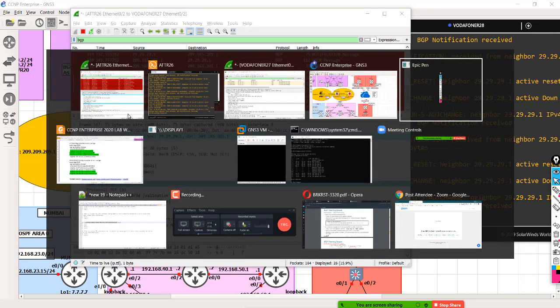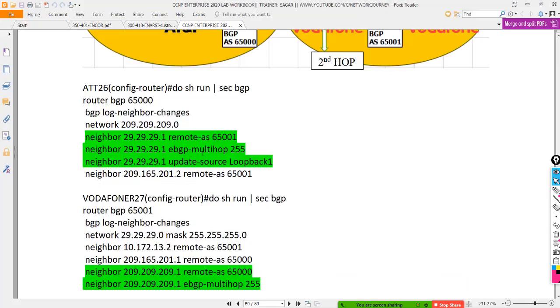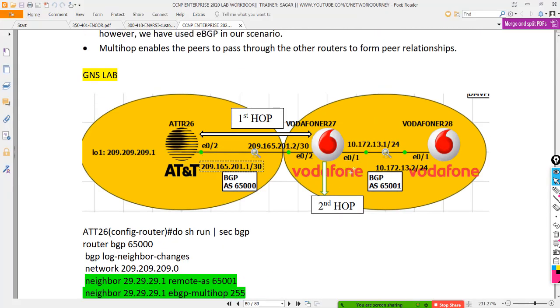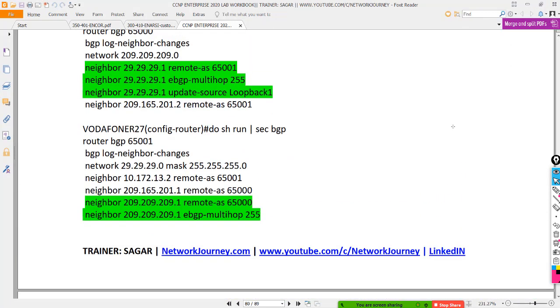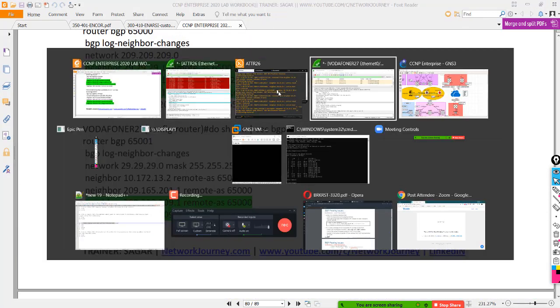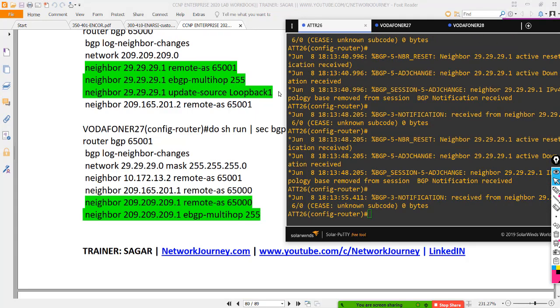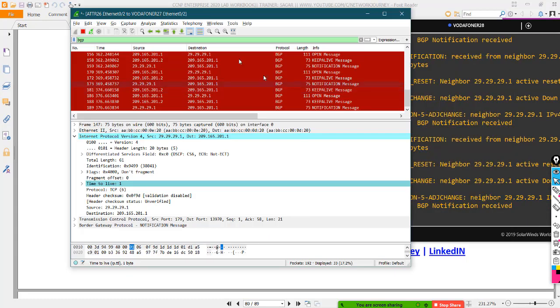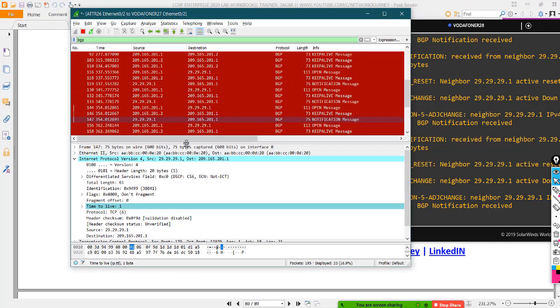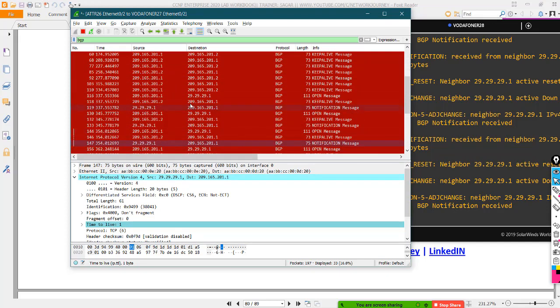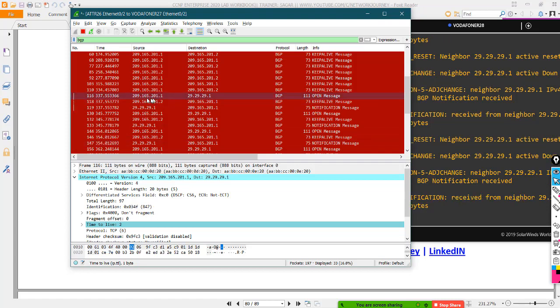And if you see my PDF, I have written here 2 hops, okay. As soon as you give that single command of eBGP multi-hop 2, you could see the changes here, okay. So let me show you once again what happened here. So this was the first packet, okay.